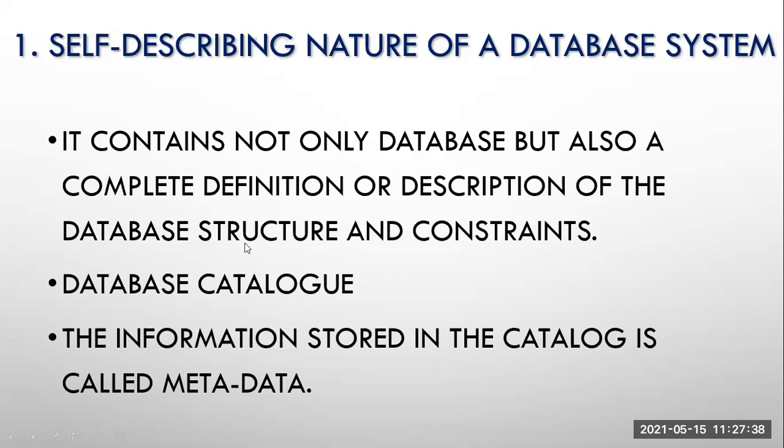Structure means roll number is a structure having a number or integer. Name is having a structure like varchar or character, meaning you can only insert alphabets. And constraint means how it is related to other files. Other file, you will still not understand what exactly this other file or other table is.